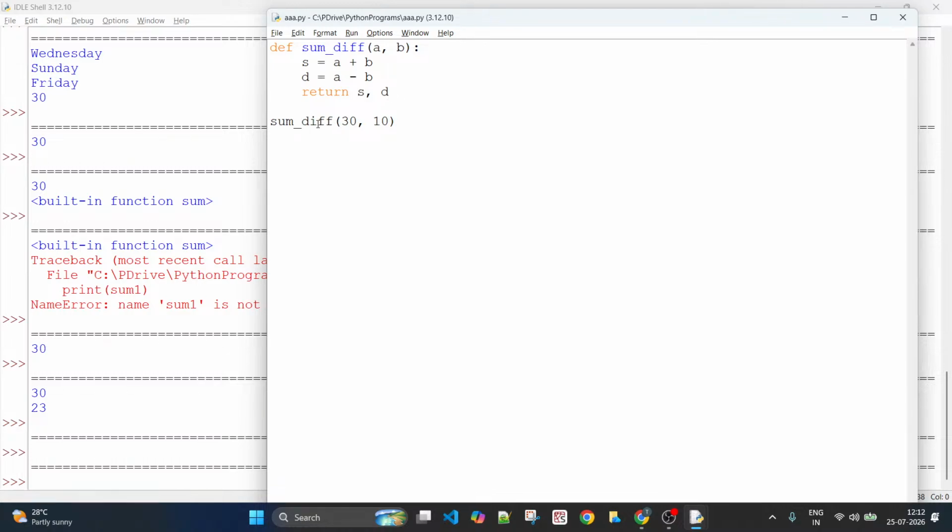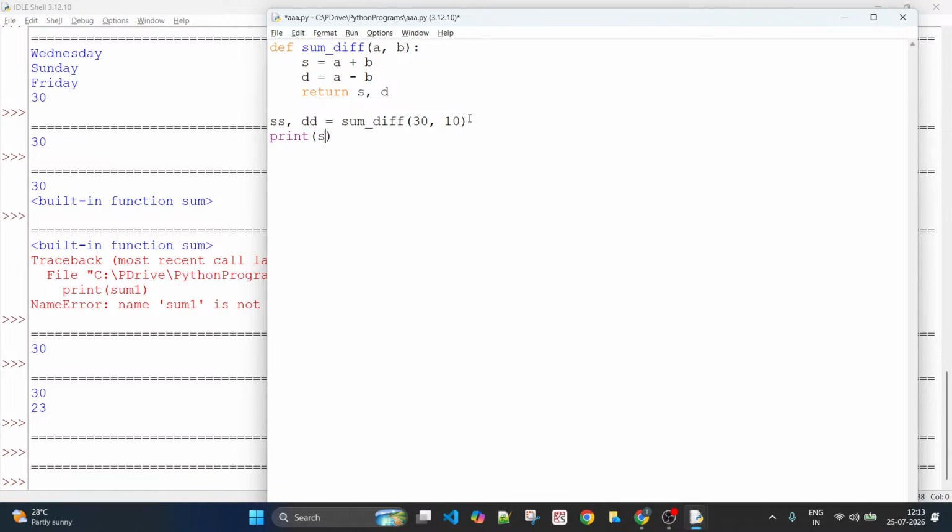But now you need to capture the returned values into some variables like this. Why have I written two variables here? Because this function returns more than one value. When this function returns two values, you need to capture them into two different variables. The returned values have to be captured because it's like it throws two things. You need to catch both of them like that. Yes, put s into some variable ss. It also returns d, put it into dd. Now you print them.